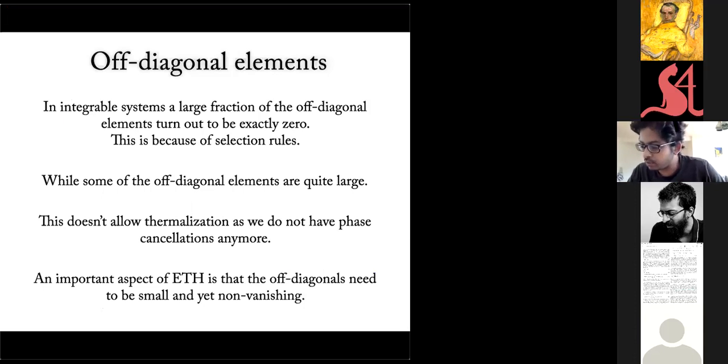Okay, so this is just what I mentioned, that a large fraction of the off-diagonal elements turn out to be exactly zero in integrable systems. This is because of the selection rules. And some of the off-diagonal elements turn out to be quite large. And this does not allow thermalization as we do not have phase cancellations. And we see in chaotic systems, or systems which obey ETH, that off-diagonals